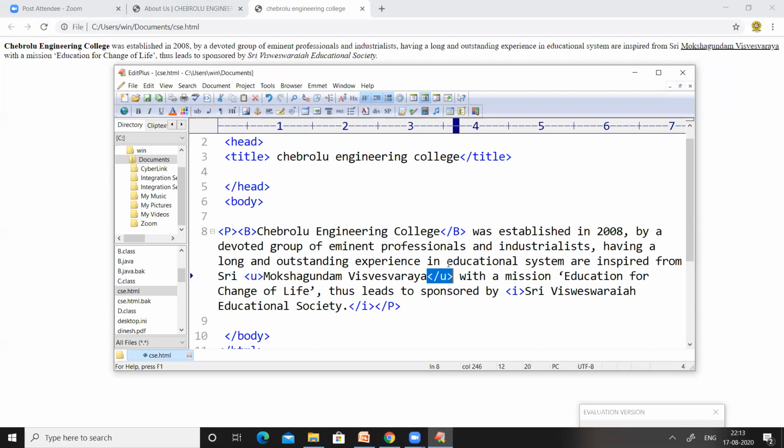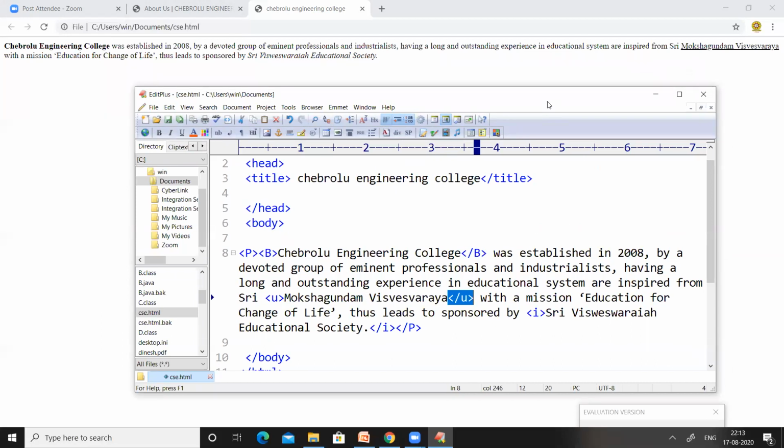So the text between the start U tag and the end U tag will get an underline. Up to now we have covered three things: bold, italic, and underline.